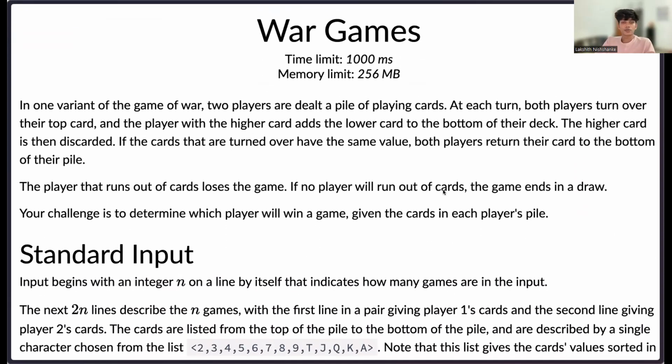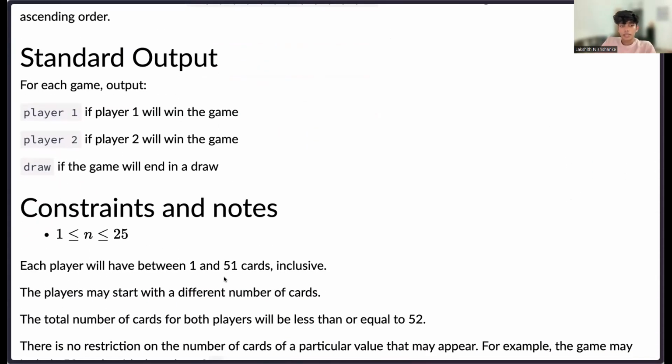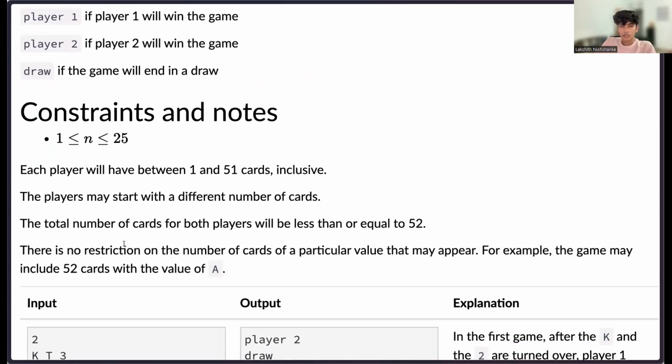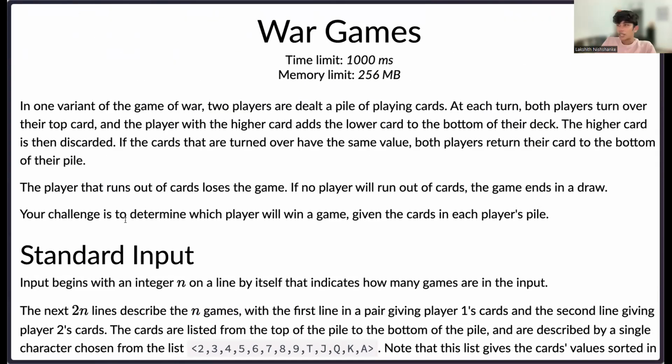Okay, so now we'll have to think about the solution. This seems like an easy problem, and the constraints are pretty small. So maybe a naive approach will work.